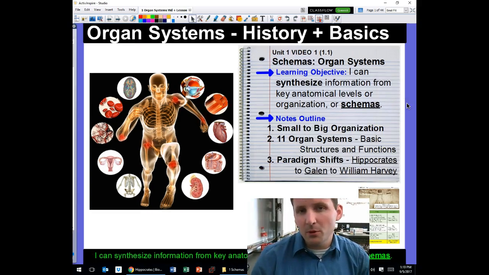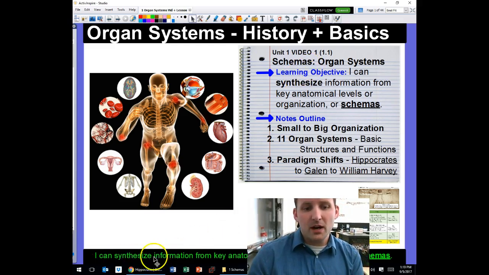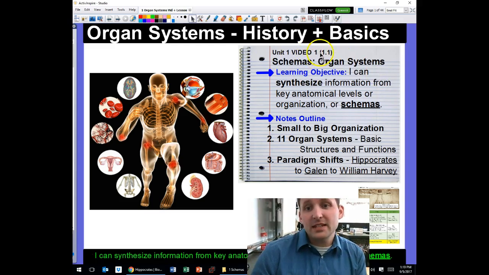I think that this is going to be the bulk of the note taking actually, is going to be during these YouTube videos. So I'm going to have you do this once every unit: writing down the learning objective, which is always on the bottom of the page also, but it's right here. So I'd encourage you guys to write this down. The structure, there's going to be